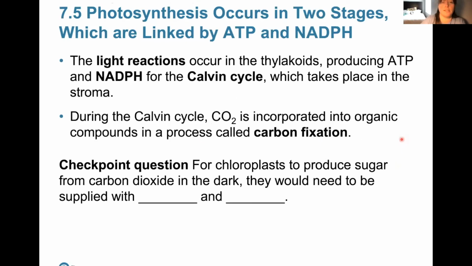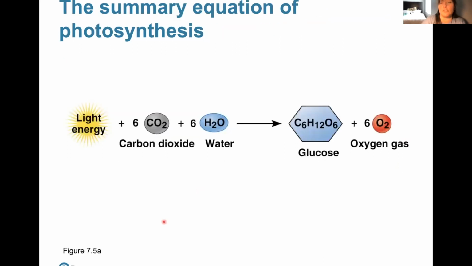Now we have a whole bunch of things about light reactions, Calvin cycles, carbon fixation. I don't really ask you much about it. I just keep trying to drill different things into your head. So here we go again. We've got 6 carbon dioxide, 6 water. I normally write light energy right here. And then that brings us to glucose, which is